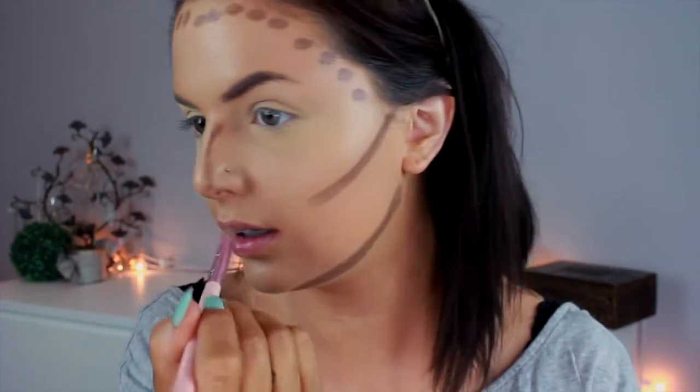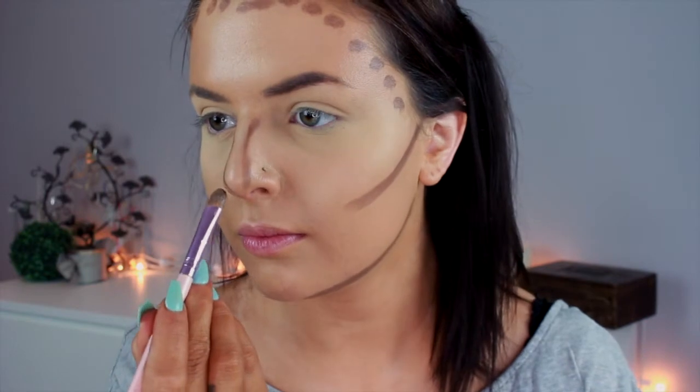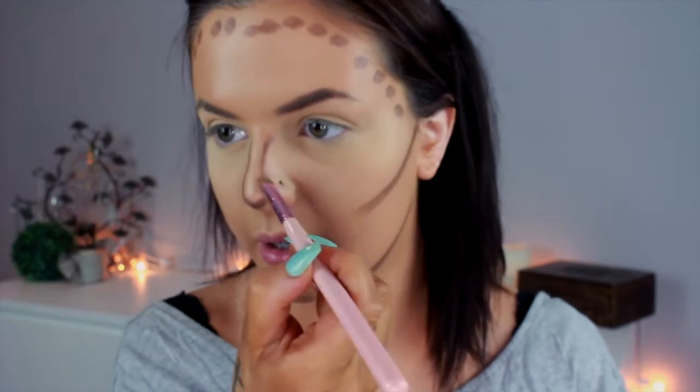I like to define the bridge and then take it down and kind of, I don't know if you could tell, but I kind of flare out here. Like I didn't go straight down because that's not how your nose is built. You shouldn't try to make a new nose. You should just be defining what you already have. And then I'm going to define my little point right there. I'm going to take a little bit and create